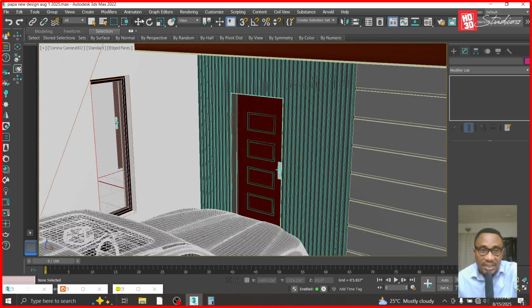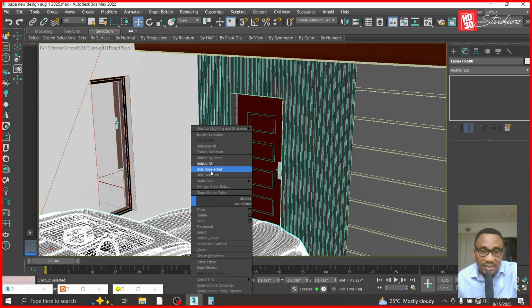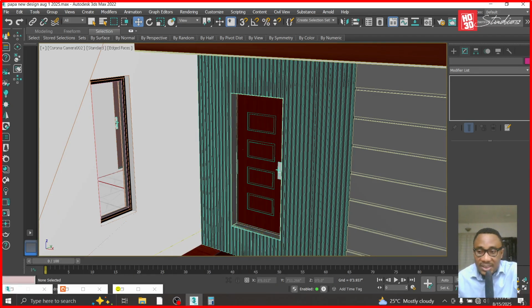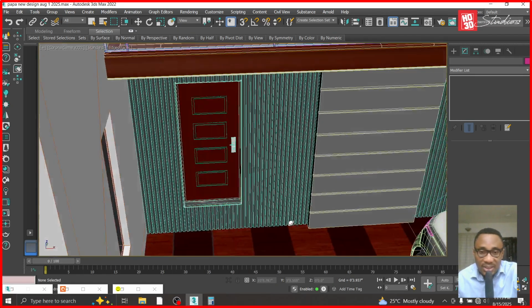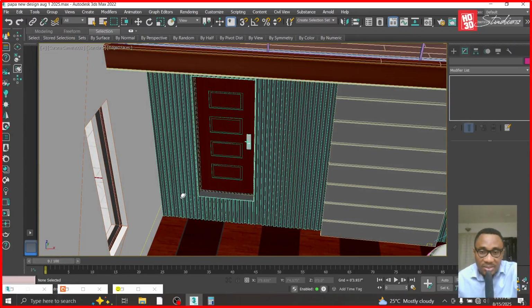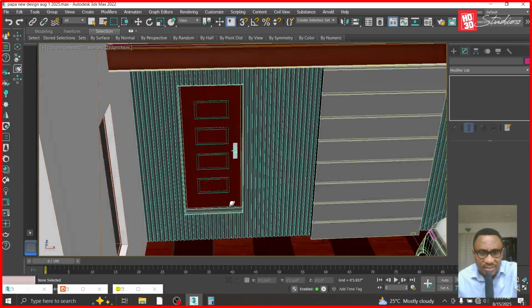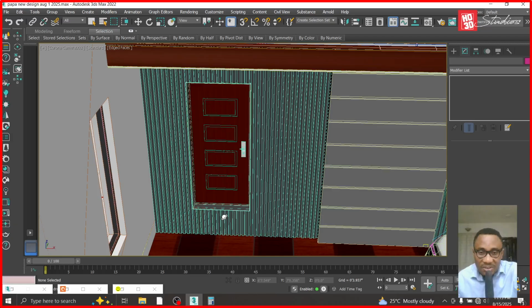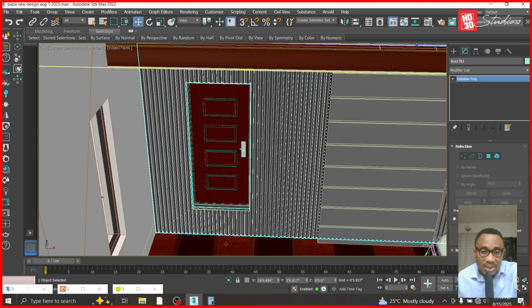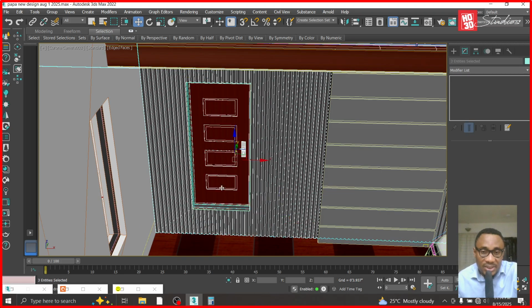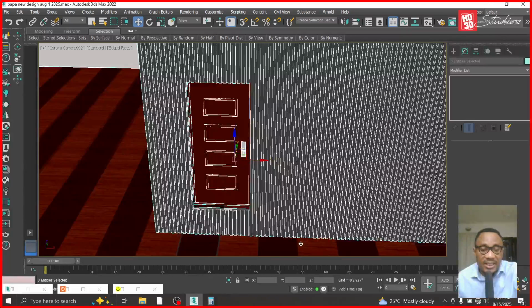Stop the render. Let's hide this. Now as you can see, the door is about, say, a foot or a foot and a half above ground level, so we need to put staircases here, a very small staircase, steps. So let's take this two and this, hide on selected, top view,